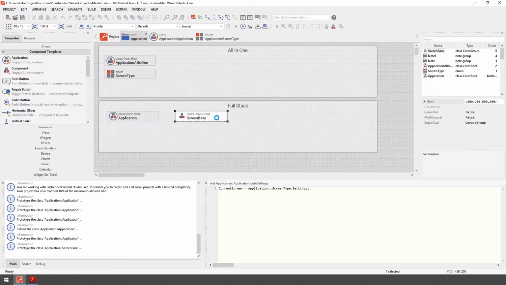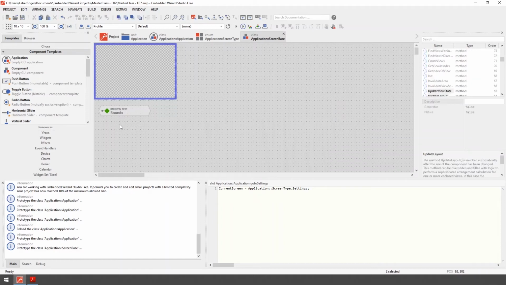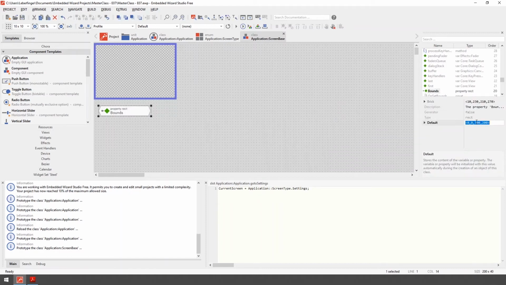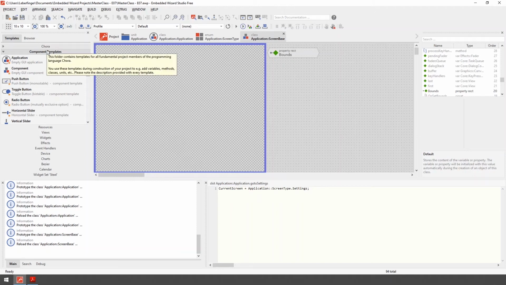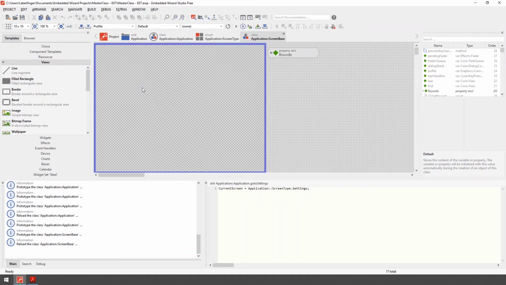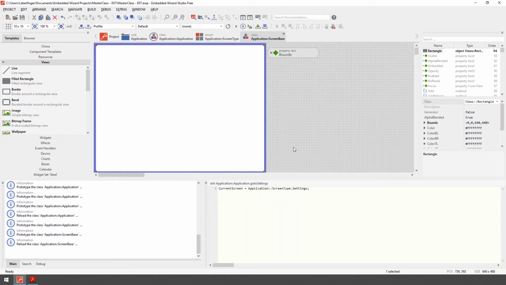And what's then inside this base class? Some things I do not need from the component templates, but what I have to say that all my screens are full screen. So I had here a 640 by 480 screen. And now all my screens, if they are derived from the screen base, they have this dimension. A second thing I want to have is a background. So the same as I did before, I simply add here a background rectangle,